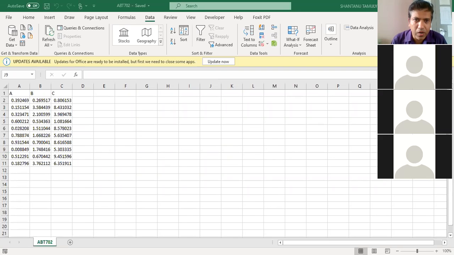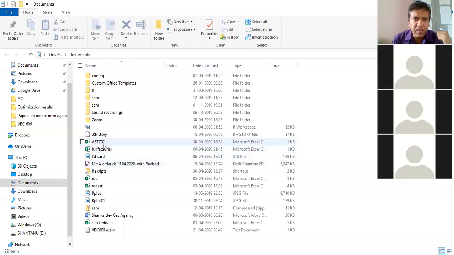Let me open the Documents folder. So you can see this one, this is the file ABT 702. It has been saved here. Now this particular file I'll import to R. So now for this, what I will do,